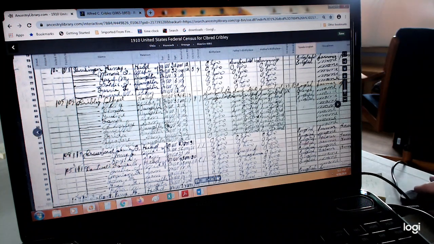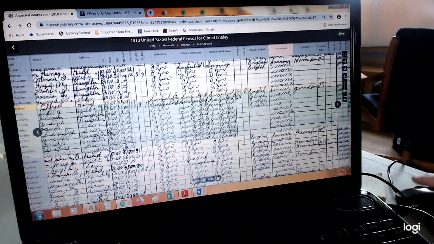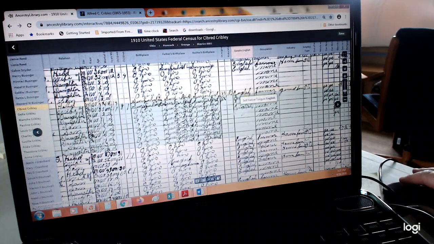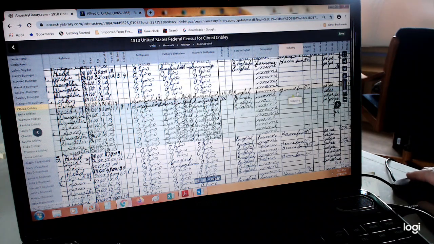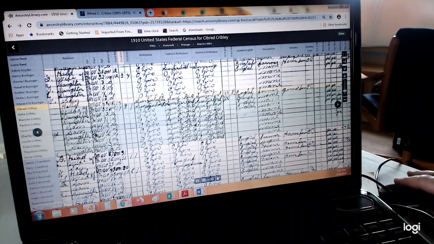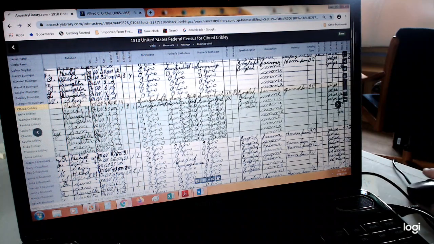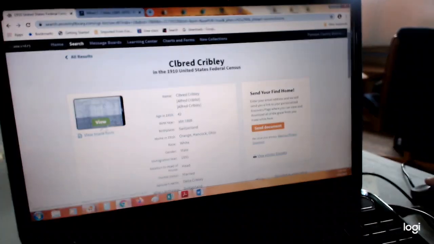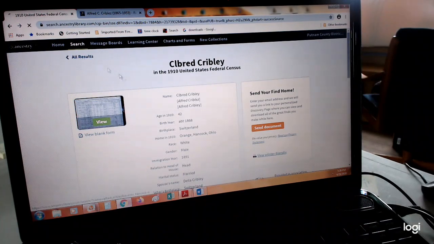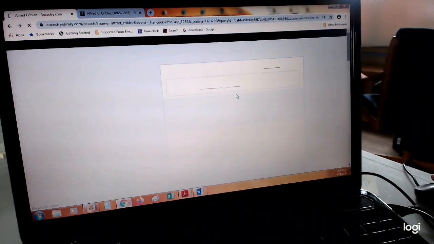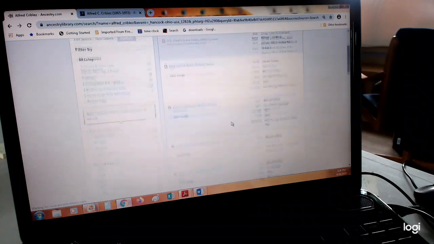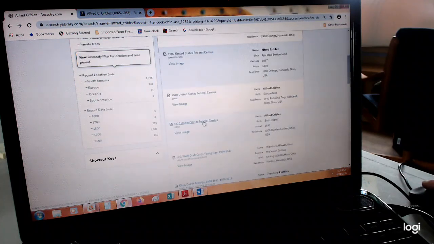And over here we see that he spoke English, she spoke French, and he's a general laborer, because from that obituary we saw he was a dairy farmer and a farmer. Okay. Let's see if we find a 1920 census record and if it gives us any new information. Oh, here's one.